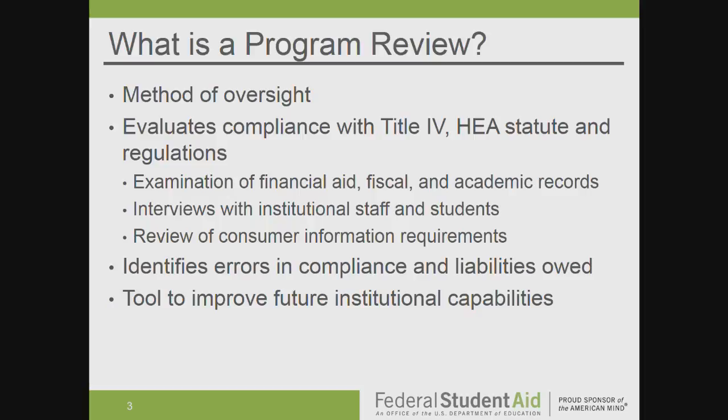You should make sure that you're prepared for a program review. You should ensure that your files are in order. You should reconcile each month. Keep a clear audit trail within your financial and business office. And I can't stress enough how important it is to have your files in order. Periodically,